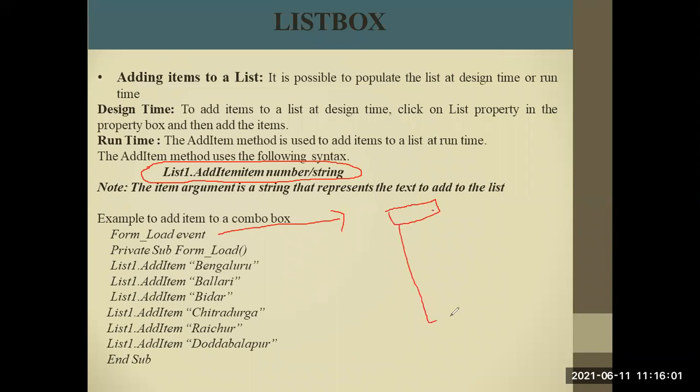There will be a list of cities available. Yes or no? There will be a list of cities available. Sometimes it may be a situation where your cities are not available in the list box. So if you want to add new cities to your list box, now this is a program for how we can add an item to the list box. Or we can sometimes make it a combo box, which is nothing but a combination of list and text box.